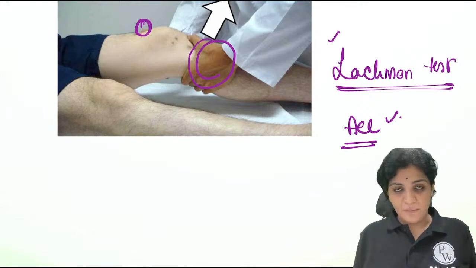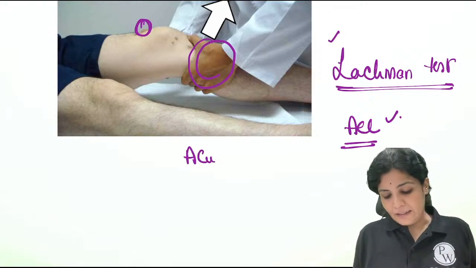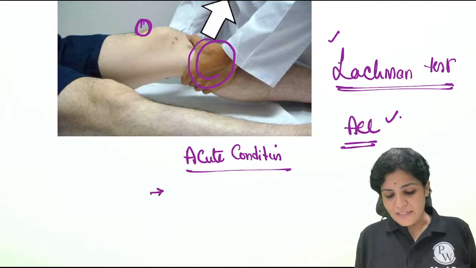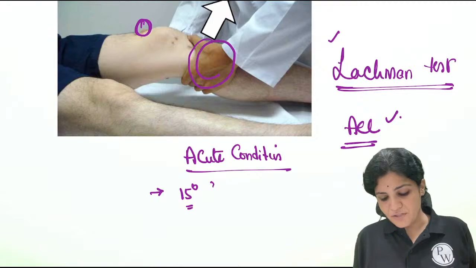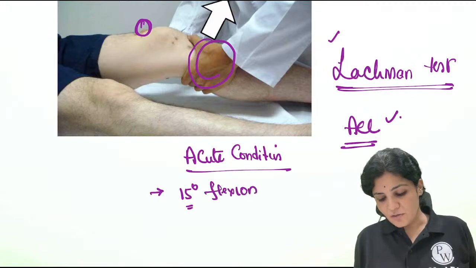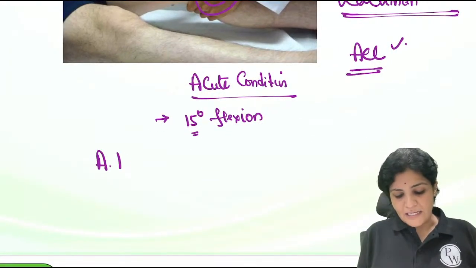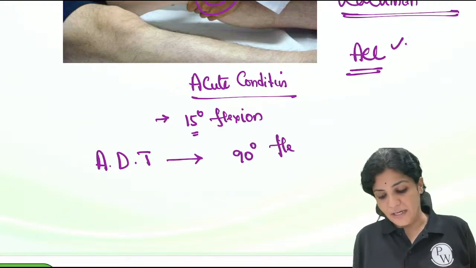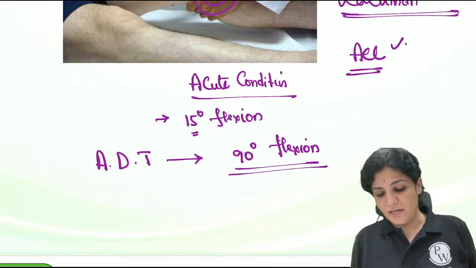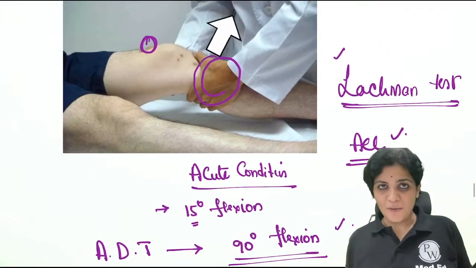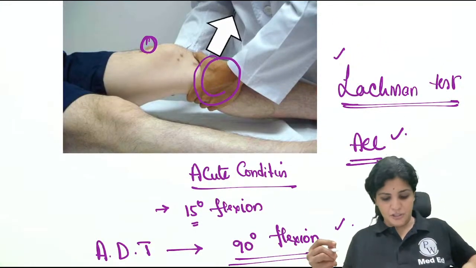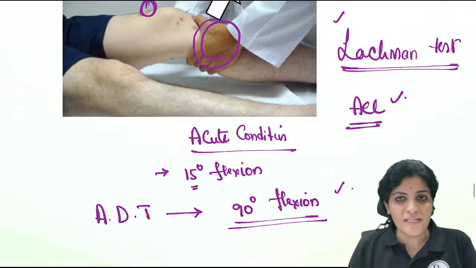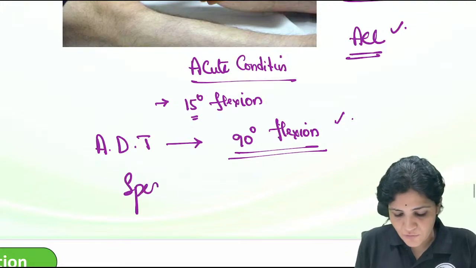So this you can identify by the Lachman's, and this is done in acute conditions. Lachman's is usually done in acute conditions where the limb is flexed only to 15 degrees. But there is one more interesting test, the anterior drawer test, which requires 90 degrees of flexion. So if somebody asks you which test you do in acute conditions, that is Lachman's, because it requires only 15 degrees of flexion. And in non-acute cases, you can go for your anterior drawer test, where it requires 90 degrees. But the specific test for ACL,